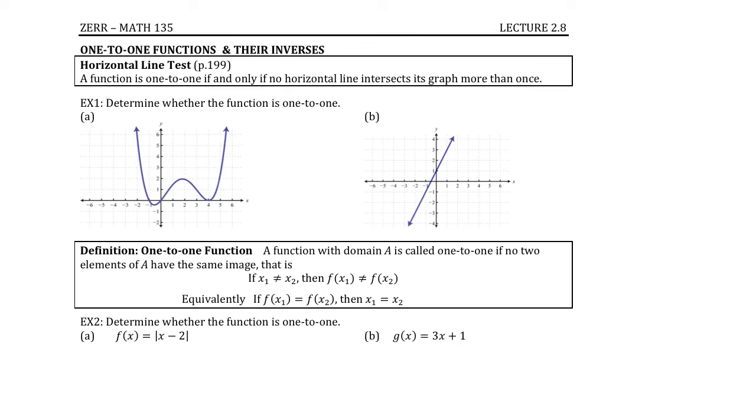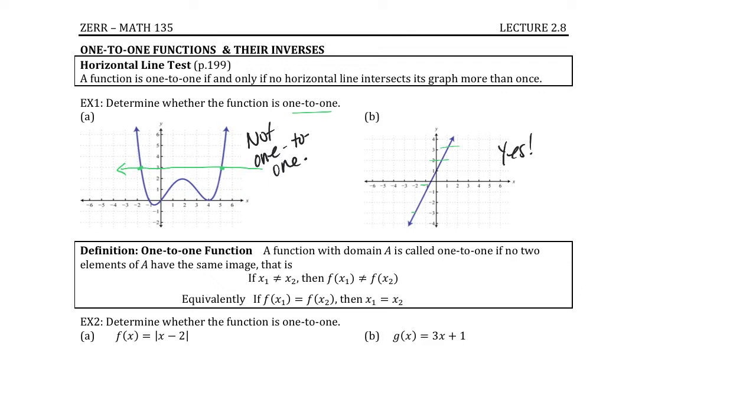Okay, we're going to look at something called a one-to-one function. And the easiest way of understanding that is just, does it pass what's called a horizontal line test? Since this horizontal line would intersect our function twice, this is not what we call one-to-one. All right, this is one-to-one, yes, because there's no place that a horizontal line would hit that function more than